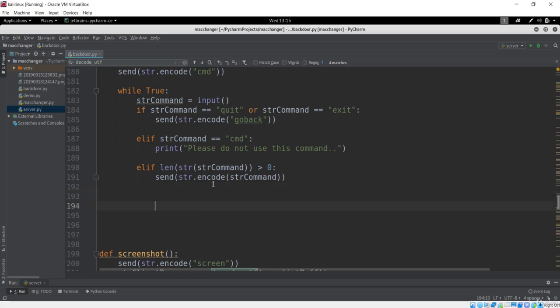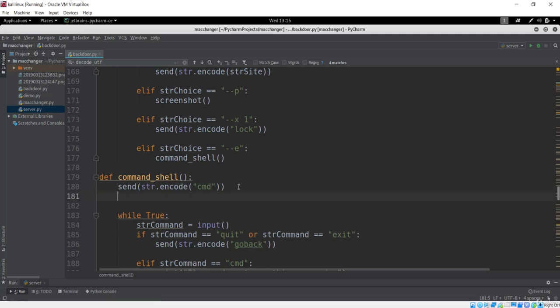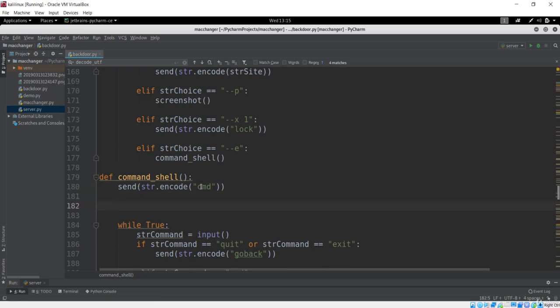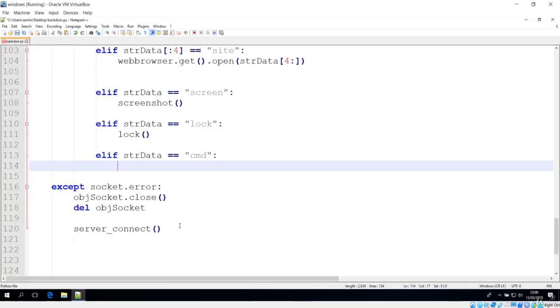So before doing that, you could see that I'm just leaving some space over here saying receive, and here can also be the receive, because we have now encoded some cmd. So we'll have to receive over here, that is we'll just get some responses from the client basically. So we'll just complete it after we reach, or basically after we code here, which is in the case of the client. So let's see what we'll do over here.